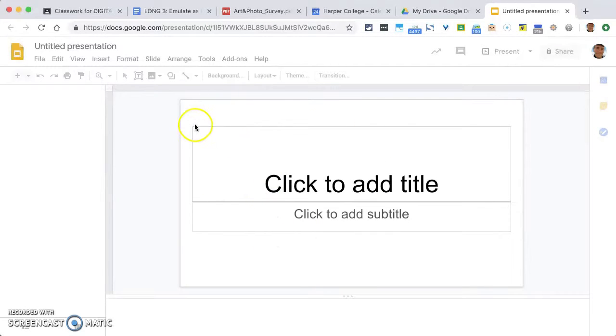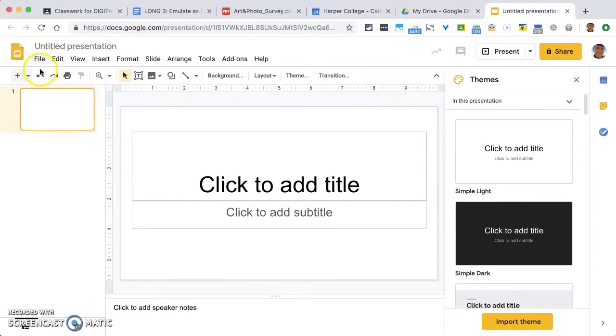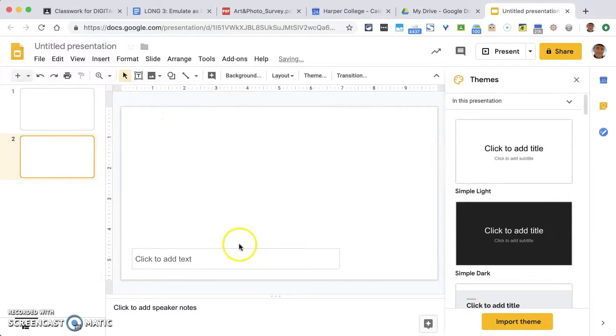And essentially, just like with PowerPoint, if you've ever used PowerPoint, you have some themes you can use. You're creating new slides based on a title slide, a section, title and body. You're creating ones with captions, and so on and so forth. So the thing that I really like, say we create a caption, if I wanted to look up